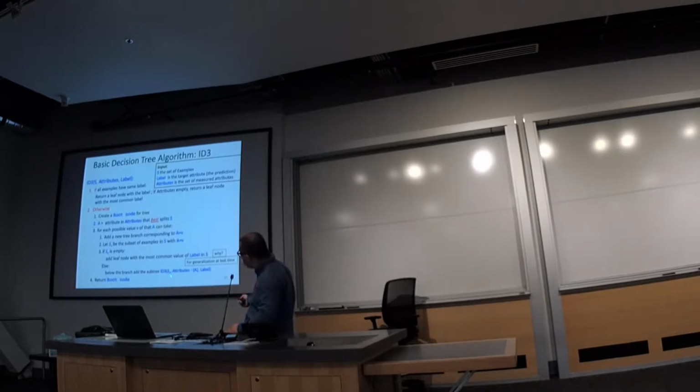Why? Because all the examples in SV, their A attribute have the same value, which is V, right? How do you use this A to partition the data set again, right? It's not possible. So that's why in each recursive call, we're gonna kick out the used attribute. And then the label, of course, will be all the labels in SV. And then you can imagine that,